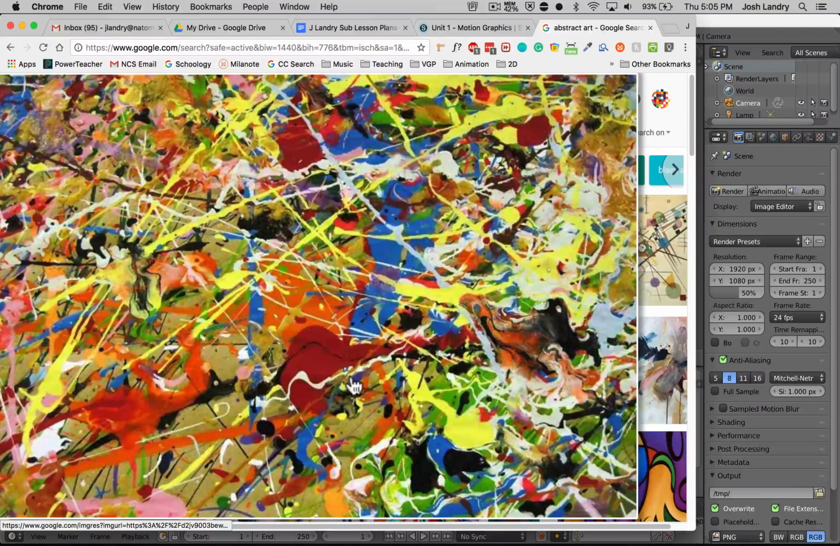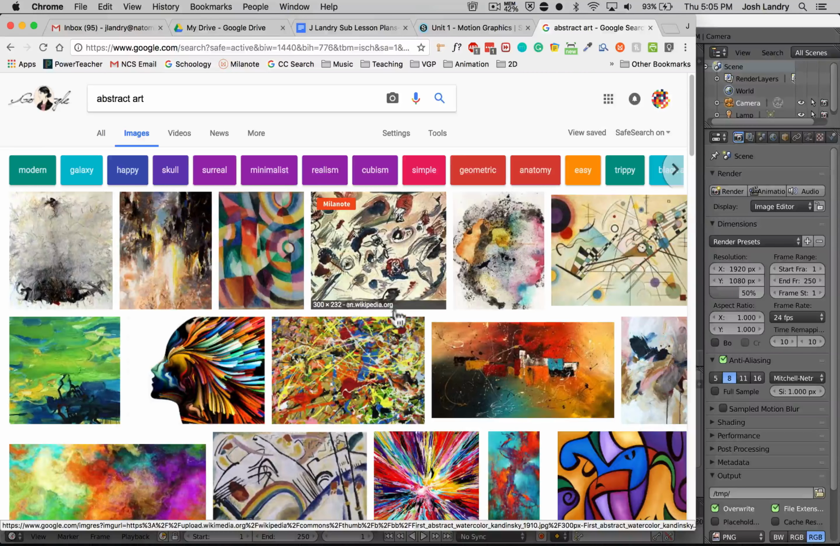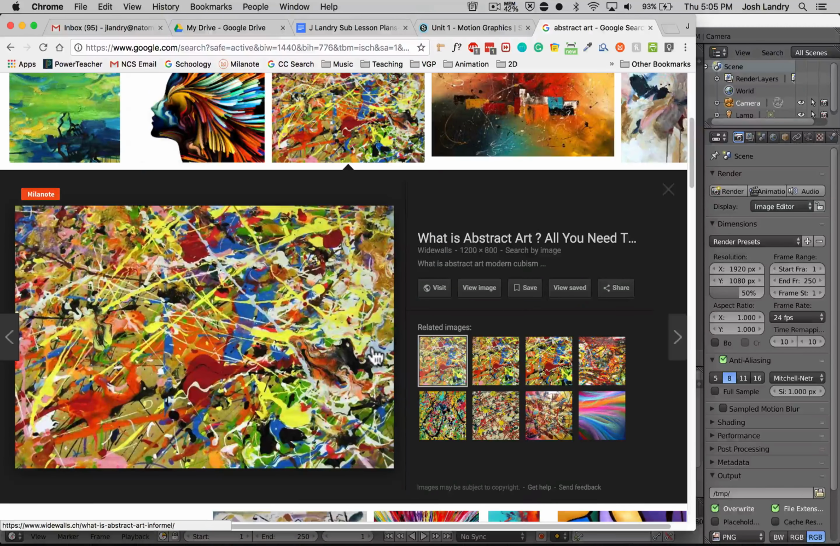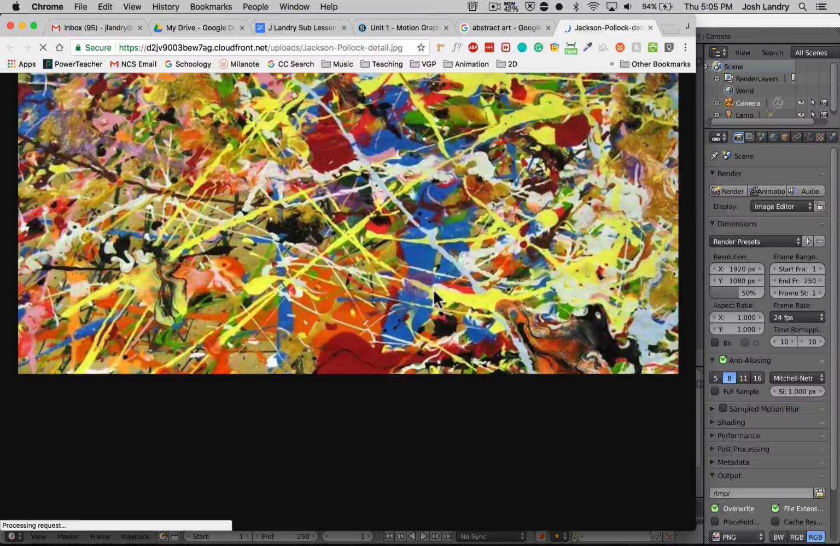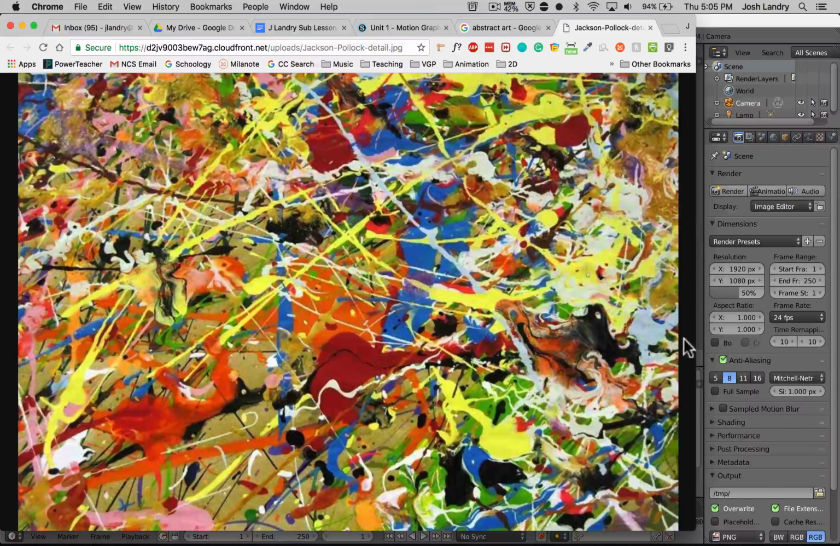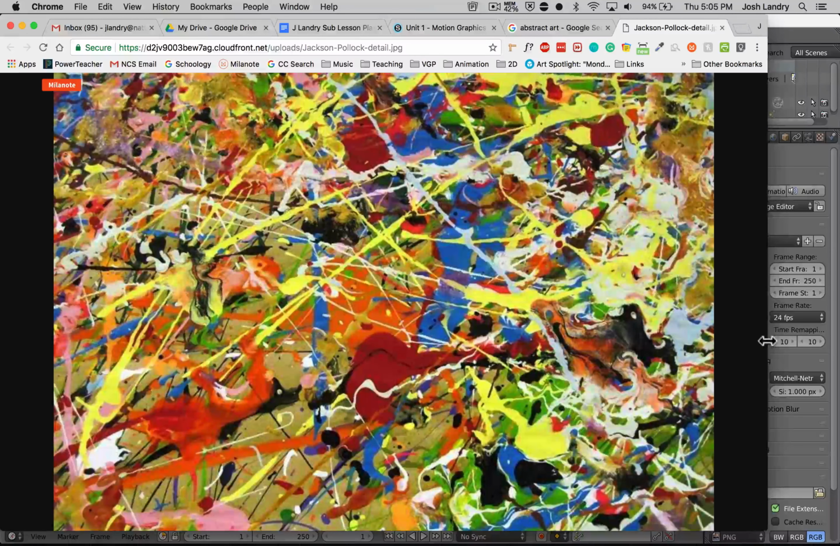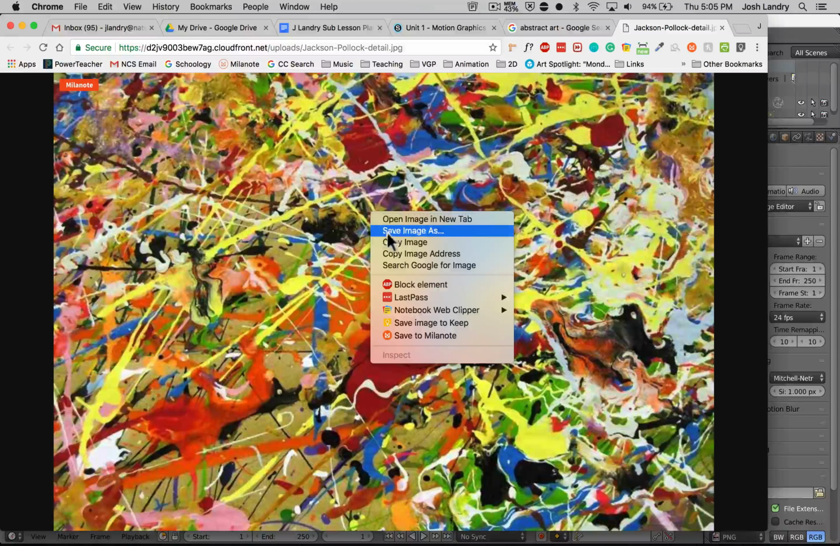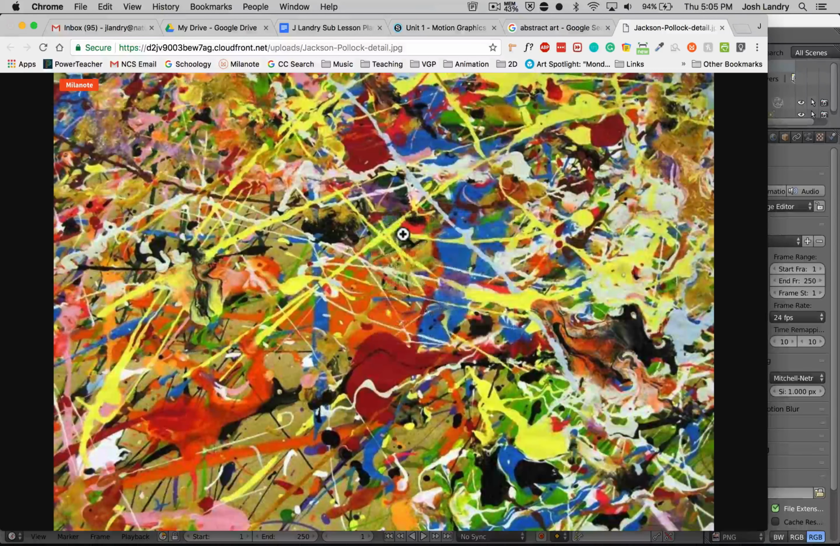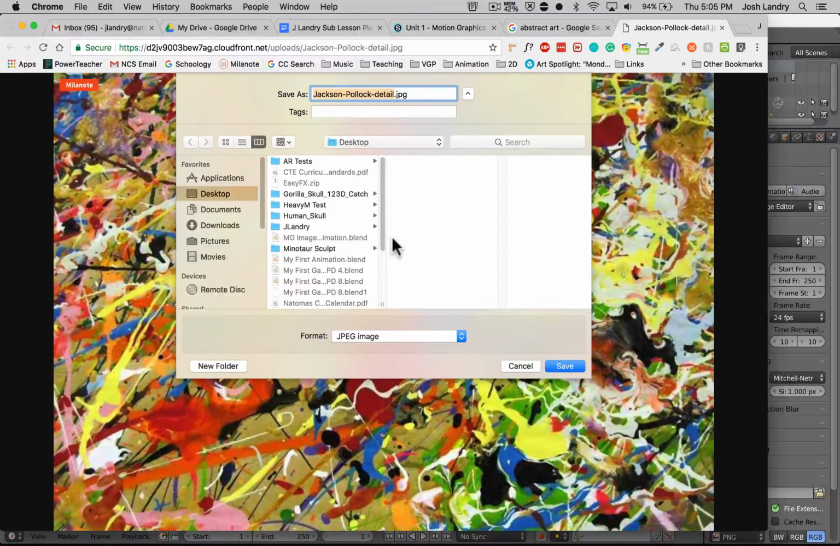So maybe I'll go ahead and take this sort of Jackson Pollock rip off here. When downloading images, you can download this version of the image, but I find that sometimes you want to click on the View Image button. That then gives you the larger version of the image. Now you can go ahead and download. So right mouse click, left mouse click, Save Image As,